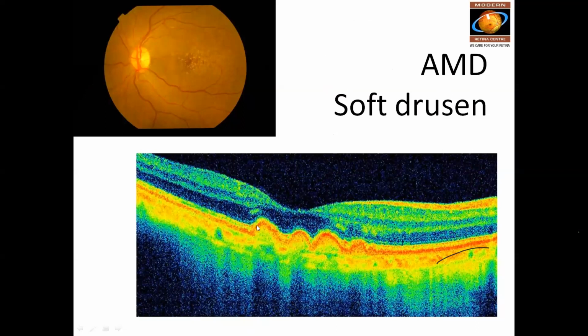The typical picture of the drusen is that you find elevated RPE, and below the RPE, if it is a pigment epithelial detachment, as we have seen earlier, there should be clear fluid here, but there is no fluid. As we all know, drusen is nothing but accumulation of material in the Bruch's membrane. So there won't be any fluid here. You find hyperreflective echoes because of this abnormal material accumulation.